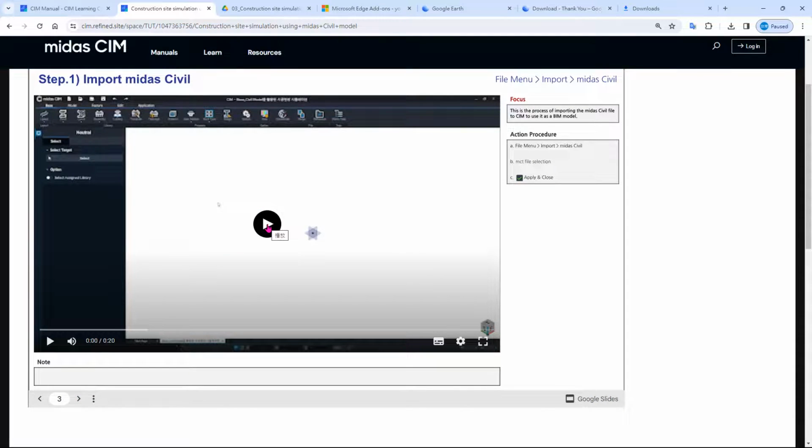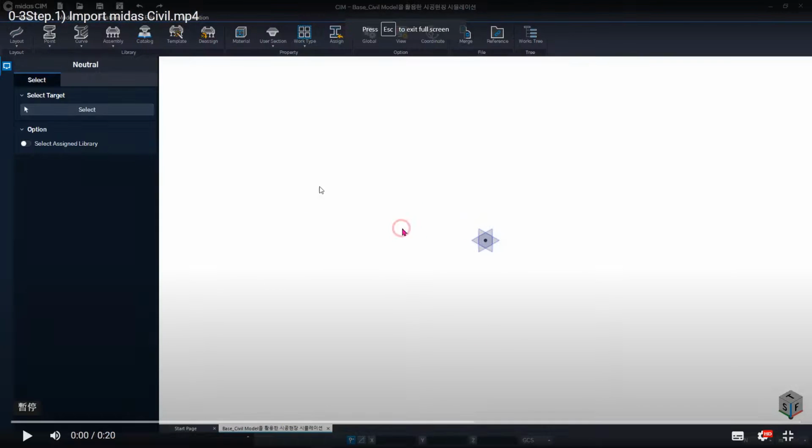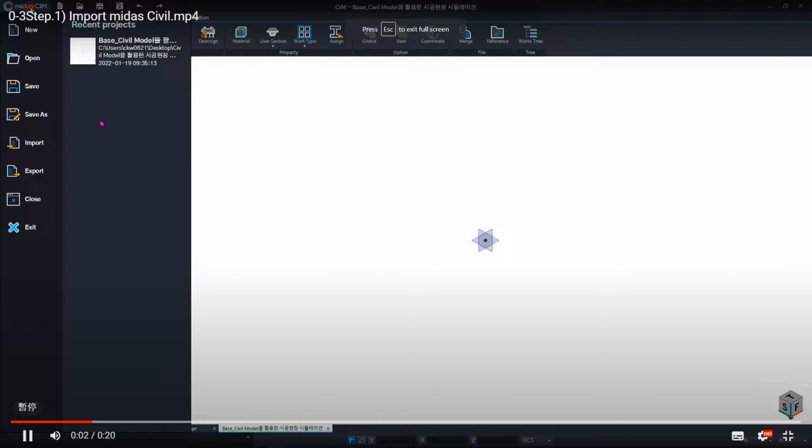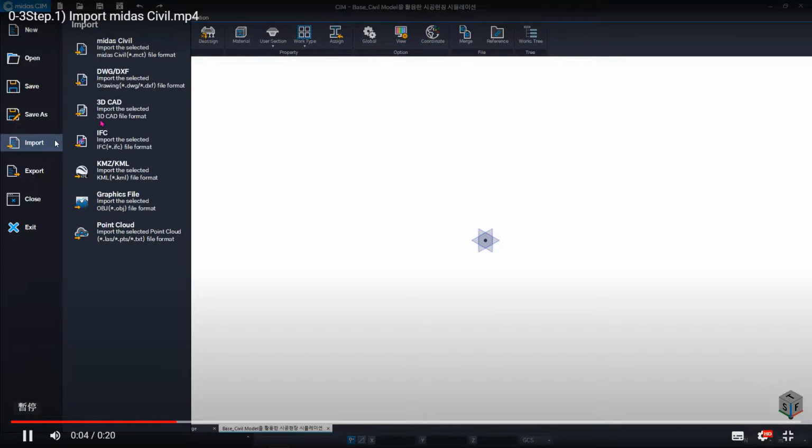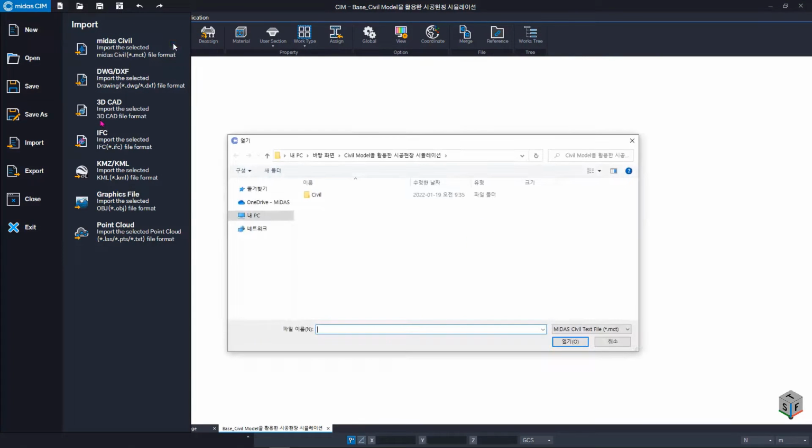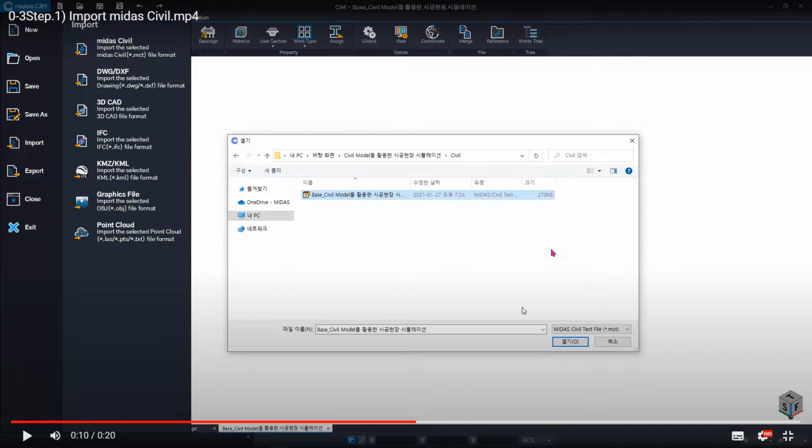The first way to do it is just to import from Midas Civil. So usually just click on the Midas sim and then import, and then click on MCT like this, and then you click on the base civil model of the .mct file.